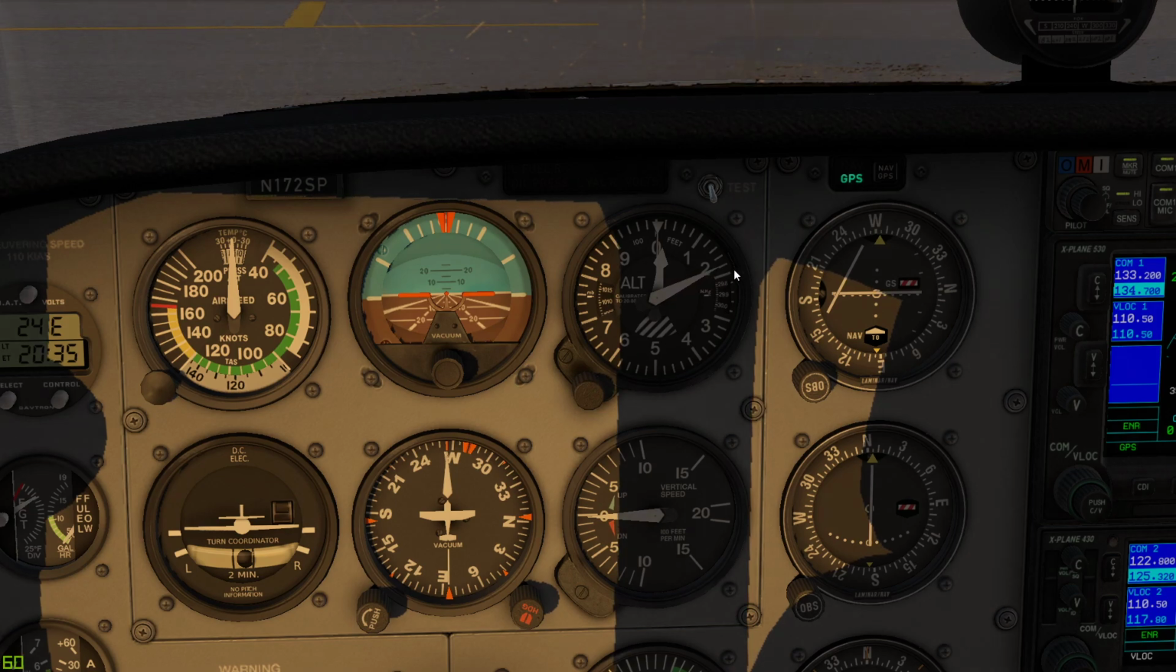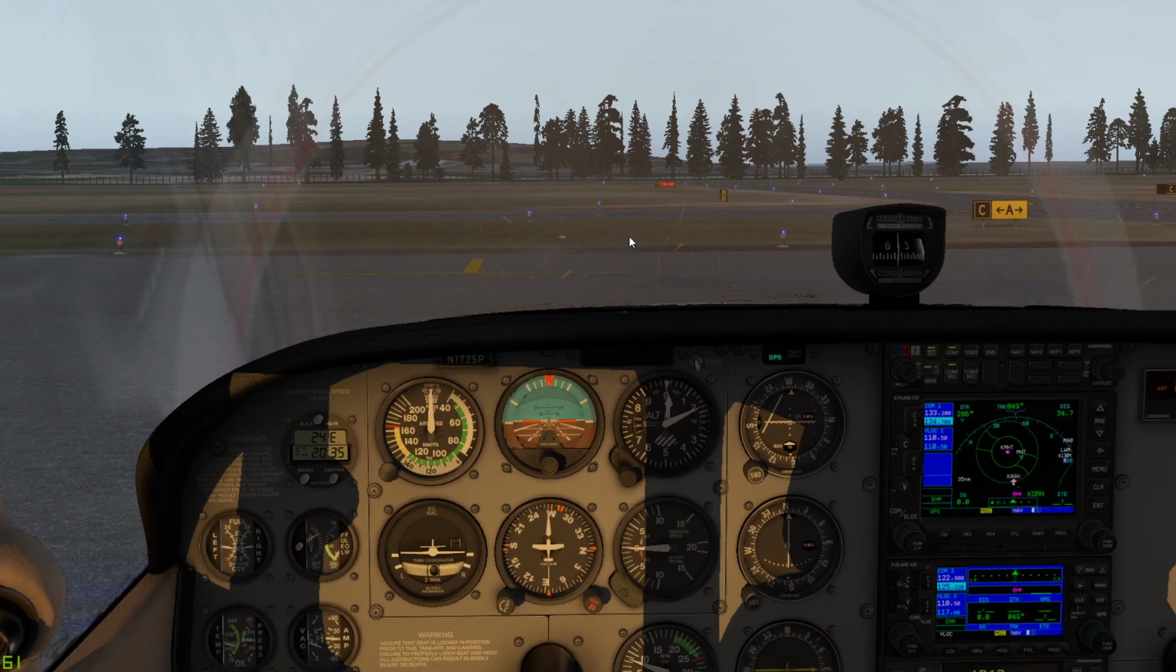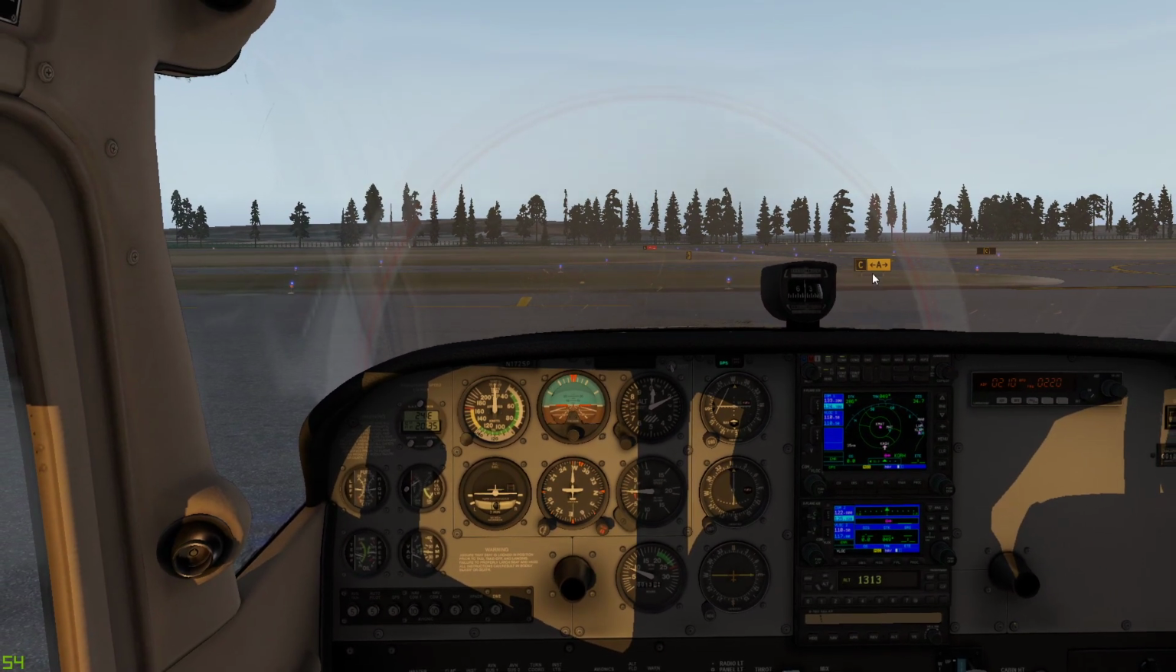ILS runway 14 approach is in use, landing and departing runway 14. That's all we need to know, or that's all it's listed, but it's also all we need to know. There's also some